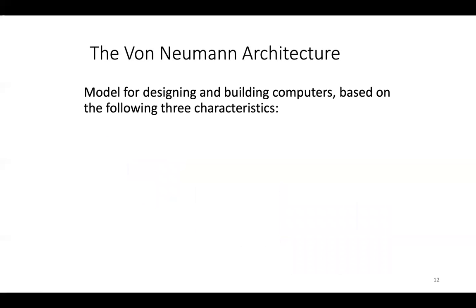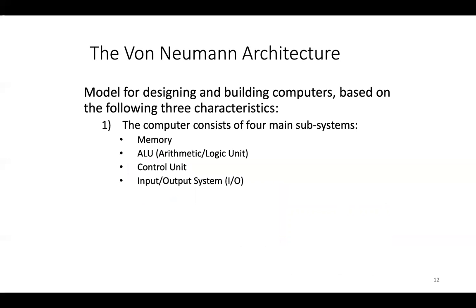For designing and building any computer, we need some basic characteristics, some basic components. Here I'm going to call them major subsystems. The subsystems are memory, the main important thing to store any data, the arithmetic and logic unit, the control unit, and the input and output systems. ALU and control unit basically make up the CPU, and then there is memory and input and output systems.